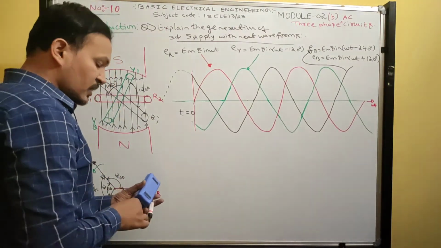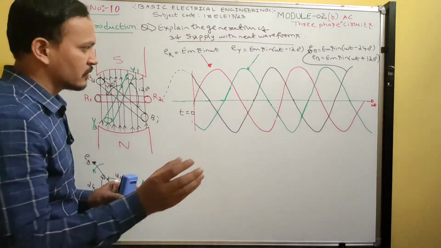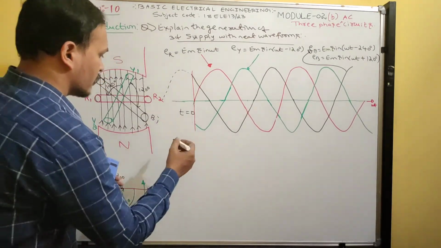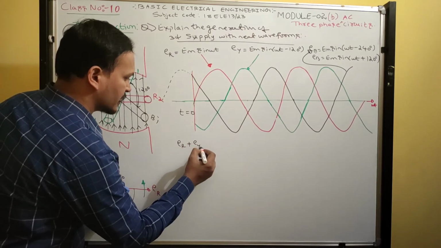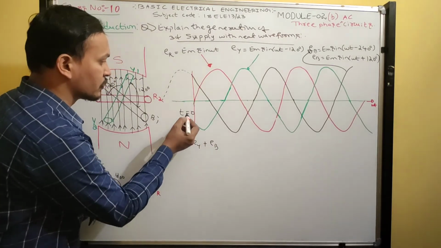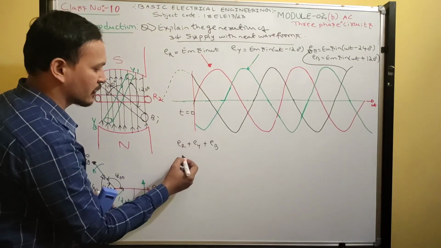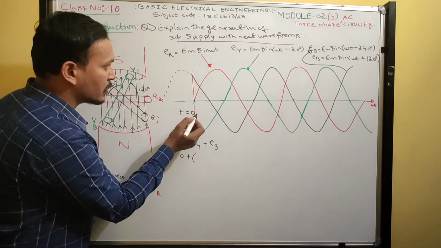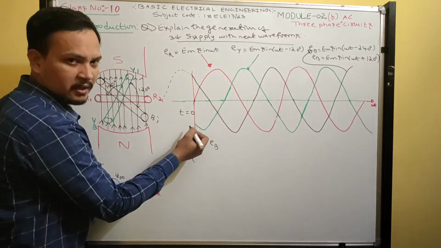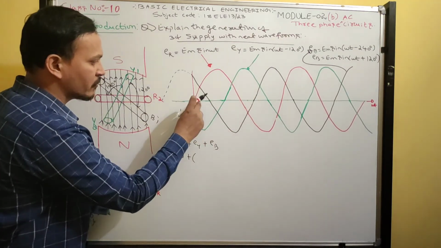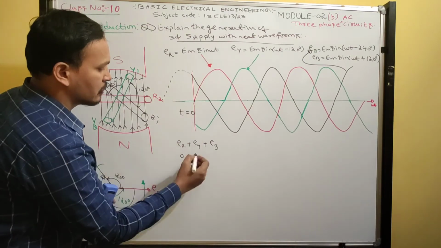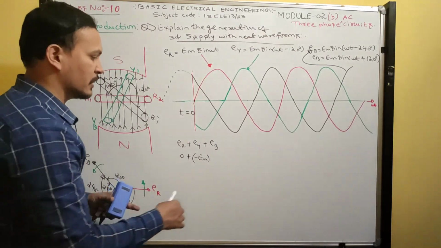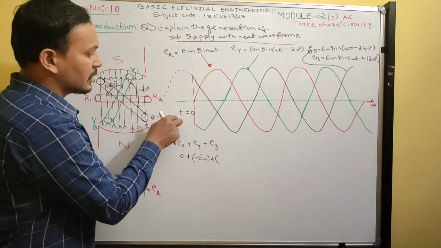See guys, now graphically, without doing any derivations, we can directly do it on the waveform. Look at here, when t is equal to 0, now add all the voltages, ER plus EY plus EB. At t equal to 0, what is the R phase voltage? Red color. 0 voltage, no? 0 instantaneous voltage. Plus, at t equal to 0, what is EY? EY is the green color we wrote. At t equal to 0, it is having what? Negative value. I don't know this value, I will write negative value, minus EM. At that instant, this is the instantaneous value. Then plus, what about EB when t is equal to 0?